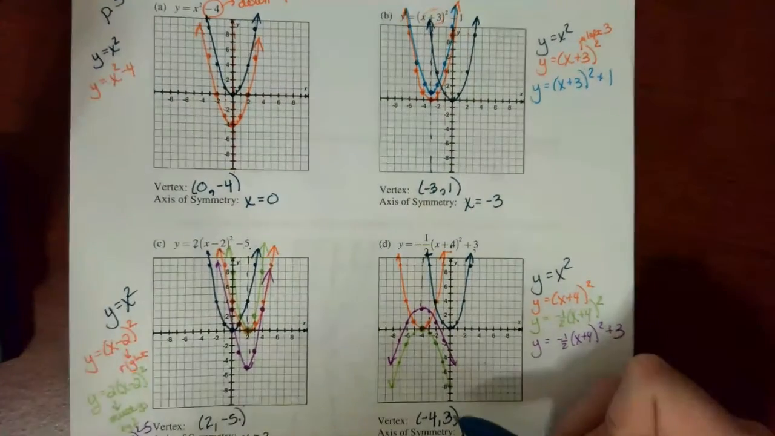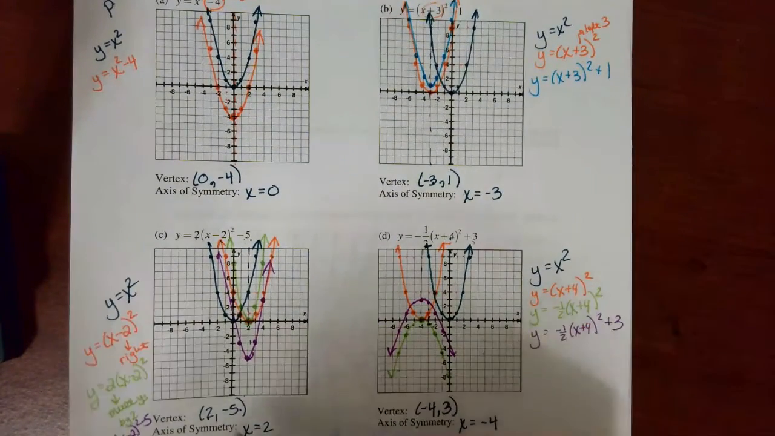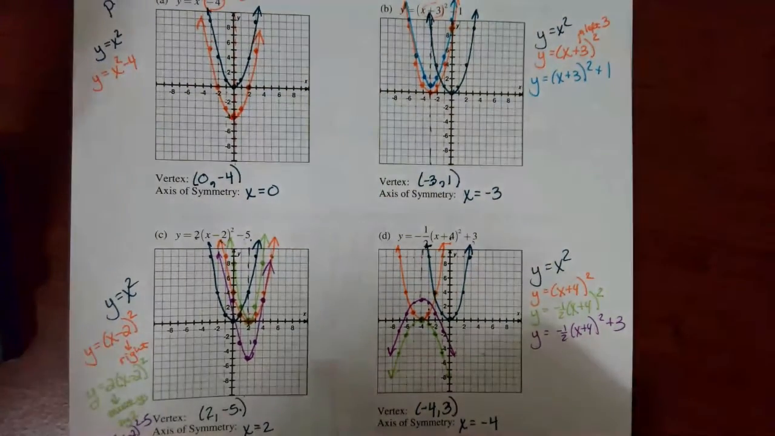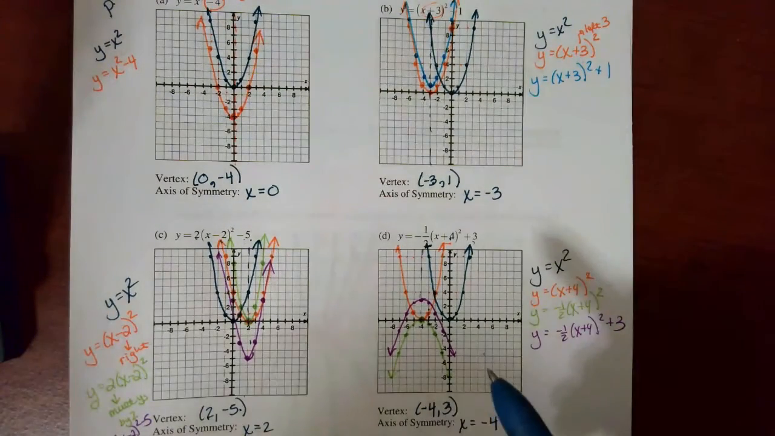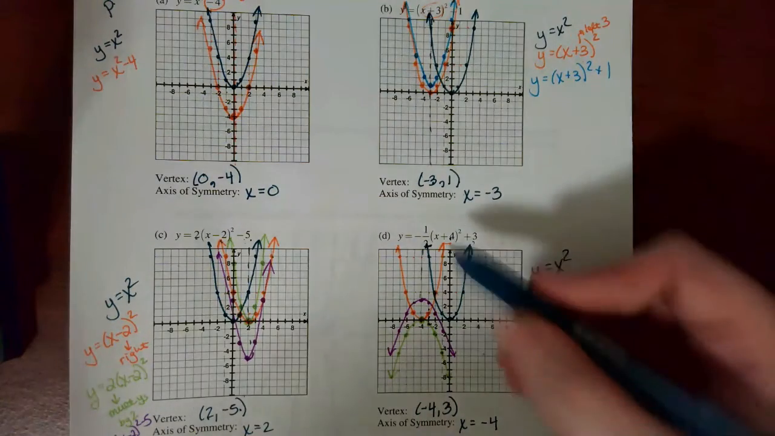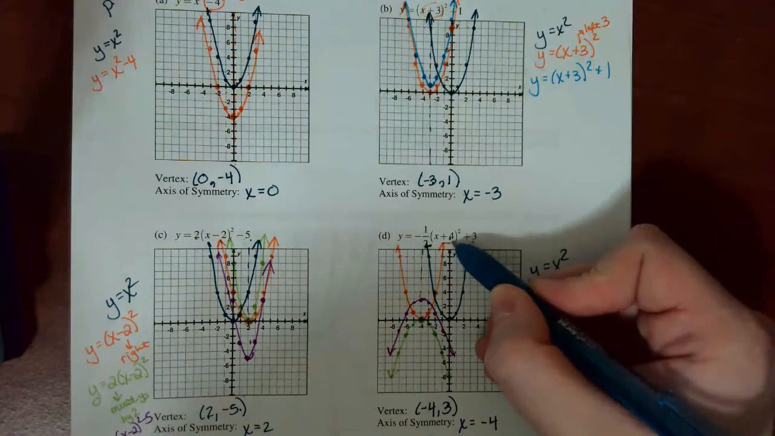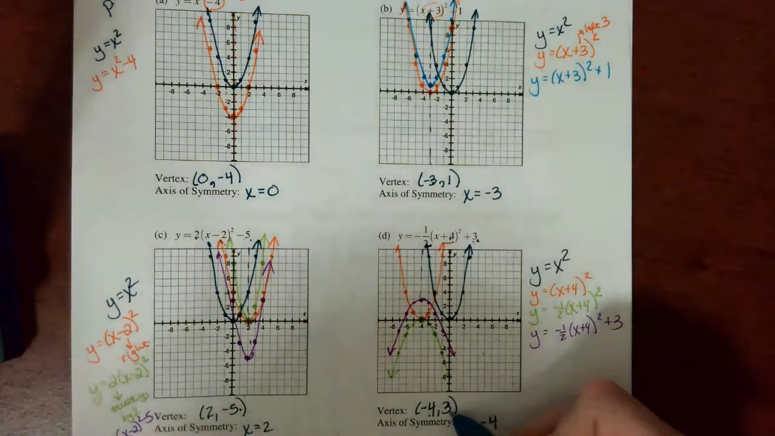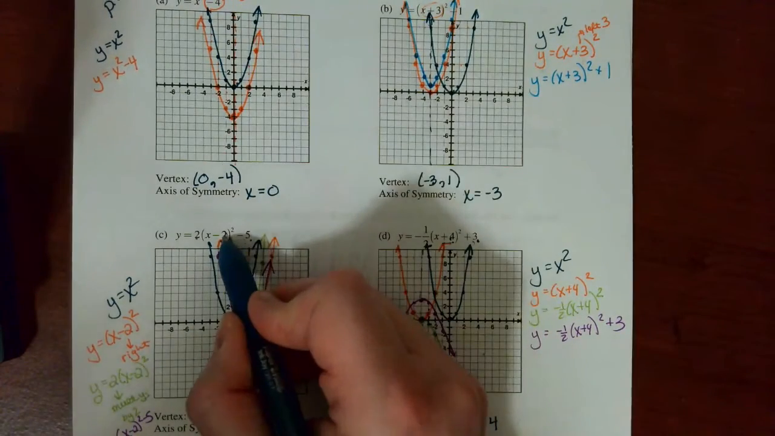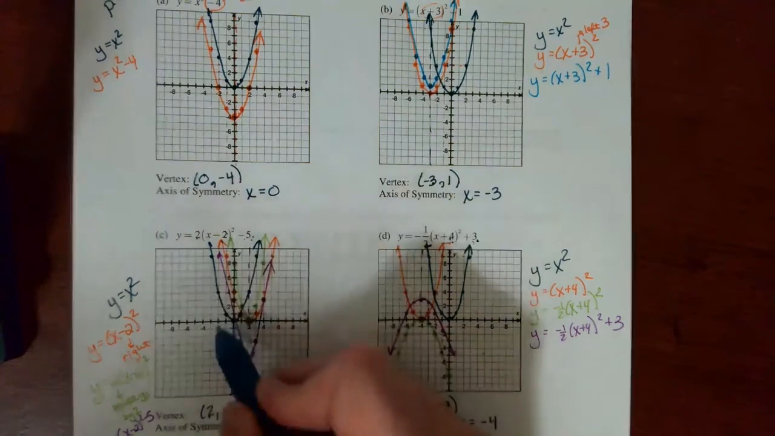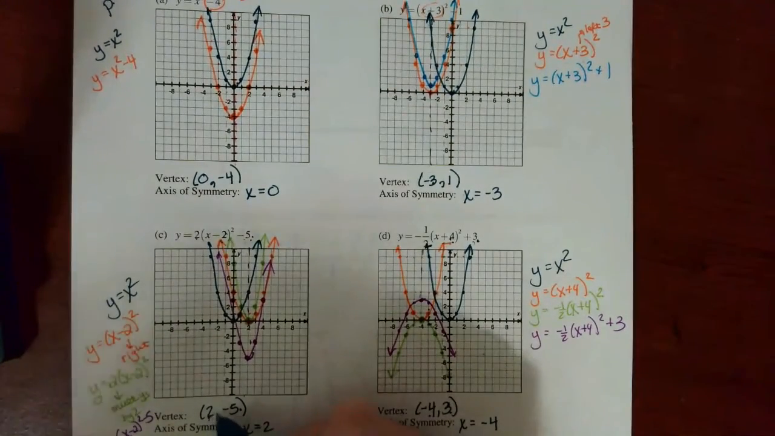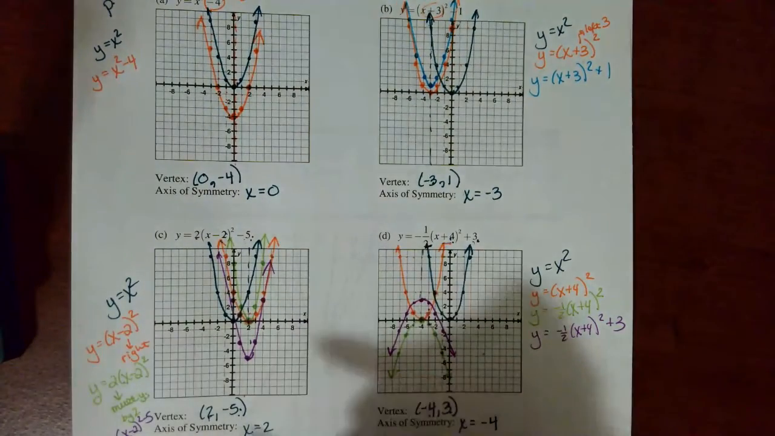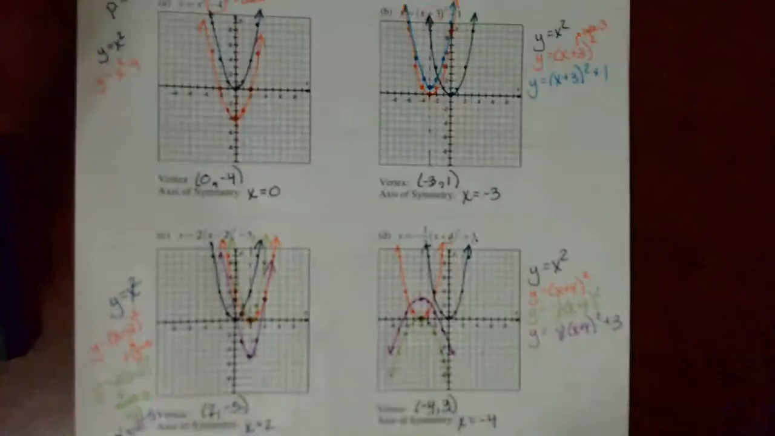My vertex shows up in the problem because really the vertex just kind of tells me things about how I was moving my original parent function to the left or to the right, or up or down. This parabola was moved left 4 and up 3. So my vertex is negative 4, comma 3. This parabola was moved right 2, down 5. So my vertex is right 2, 2, down 5, negative 5. Going back to that previous page in the notes,